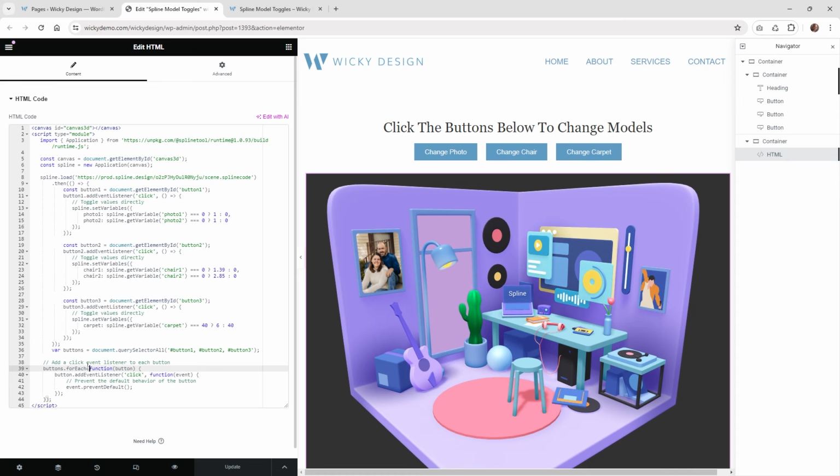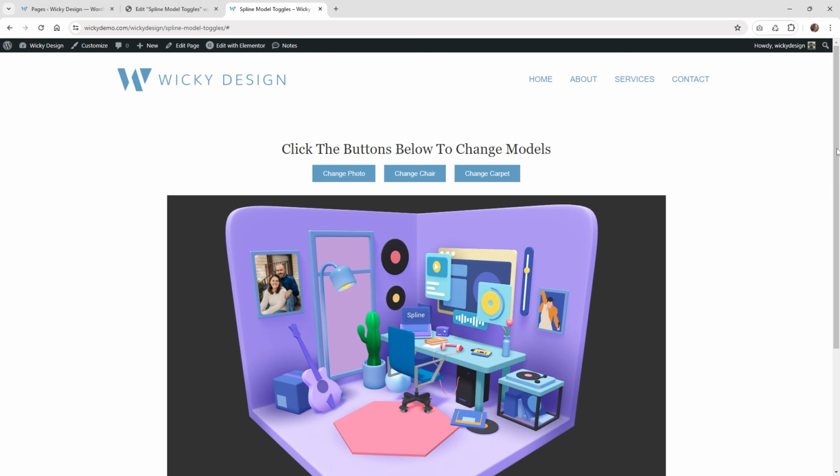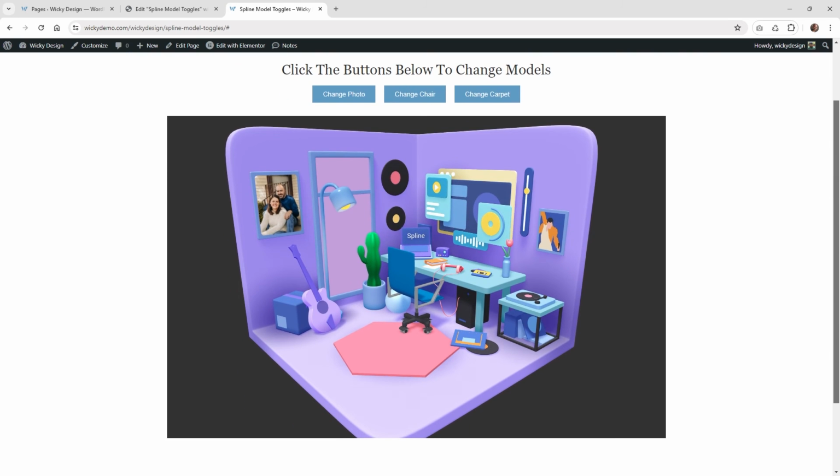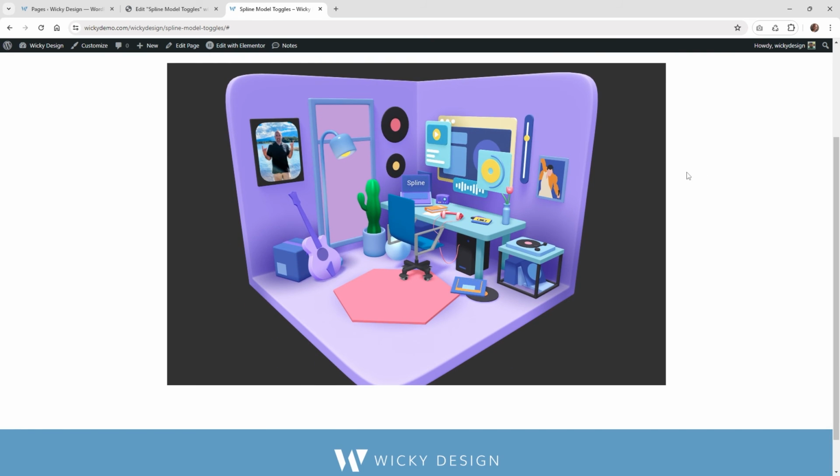And then I mentioned that this code right here is not always needed, but if you're using something like Elementor, this is all going to make sense on why you might need this. So let me go ahead and remove this code right here and then show you what happens. I'll update the page and I'll go to the front end and show you what's happening. And here we are on the front end of that page. So let's say you have your model, and watch, I'm going to click this button right here and watch what happens. When I click change photo, it changes the photo, but the browser's automatically scrolling